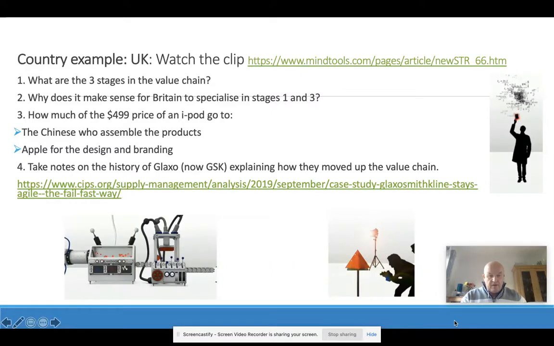Hi, welcome back. This is the second presentation, second narrated PowerPoint on CC14, the international economy. We're moving on to look at issues of globalisation, both the good things and the bad things, and giving you a couple of examples to consider, one being China, which you were looking at previously, and the UK and the effect that globalisation has had